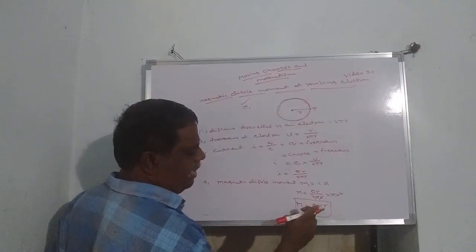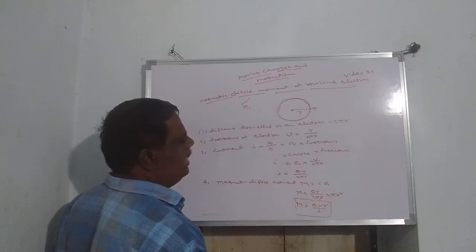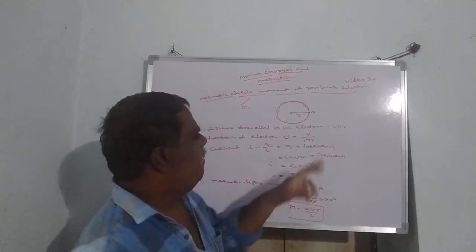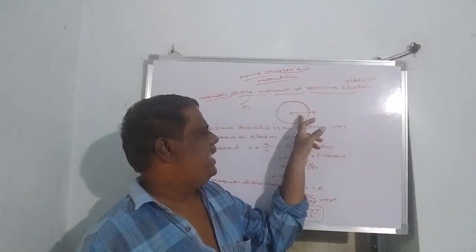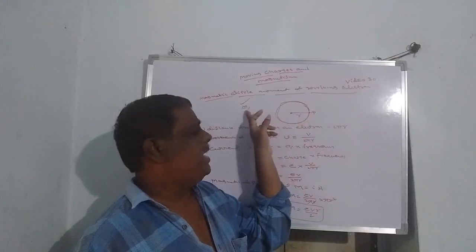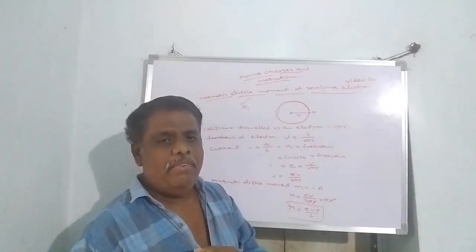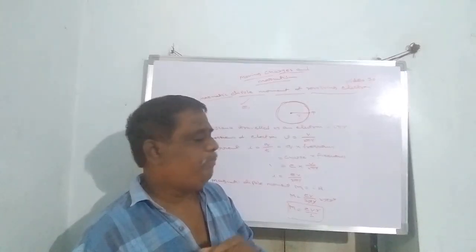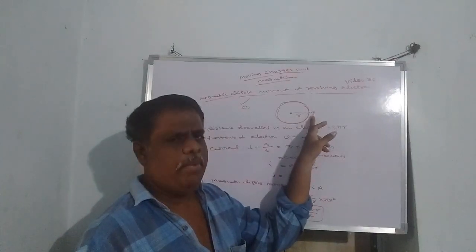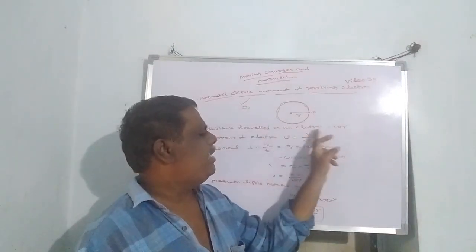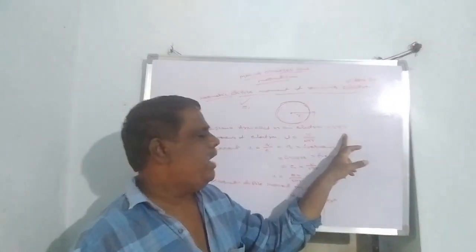Once again, when the electron revolves around this orbit, the radius of the orbit will be r, charge of an electron e, velocity of the electron should be denoted with v, frequency should be denoted with mu. For one complete revolution, crossing a point P, the distance traveled by an electron should be equal to the circumference of the circle. That means that will be equal to 2 pi r.